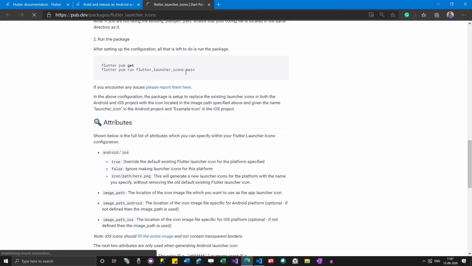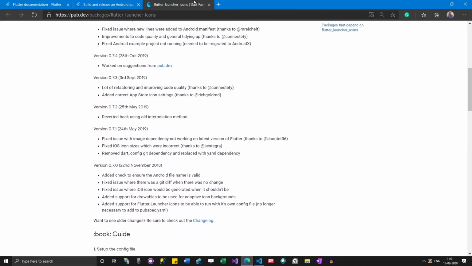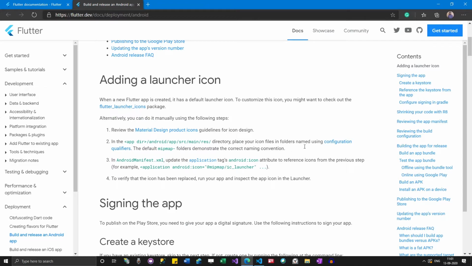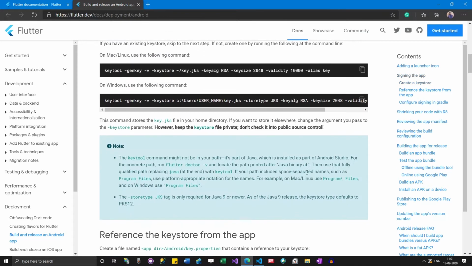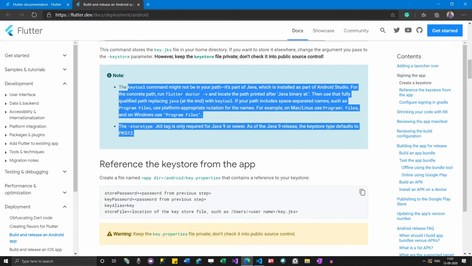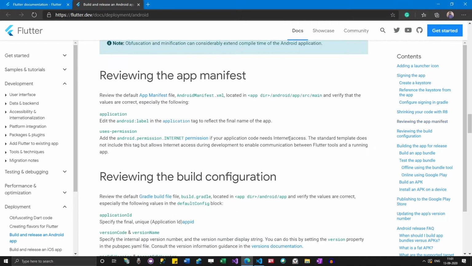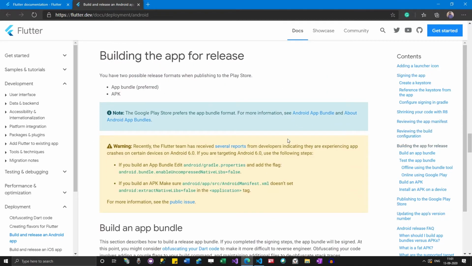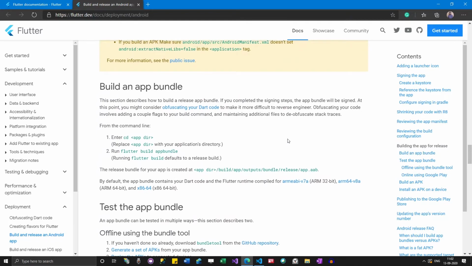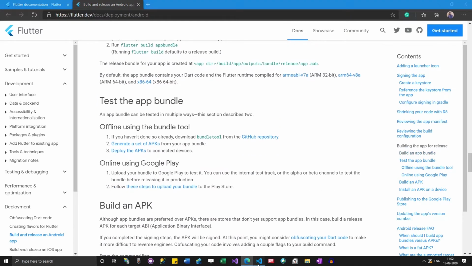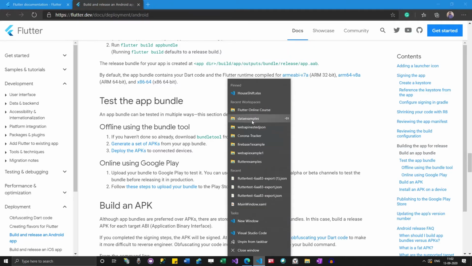But in our session we showed how to create an icon altogether and change it using Android Studio. We didn't use this package. So let me open a project and see if I can find it there.